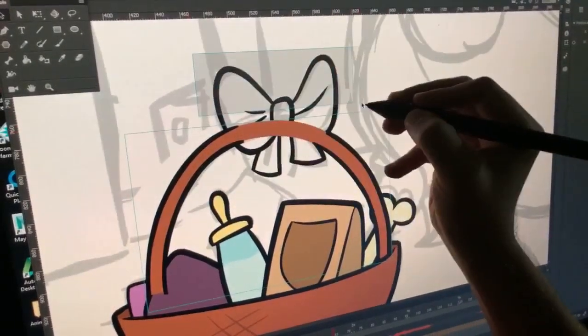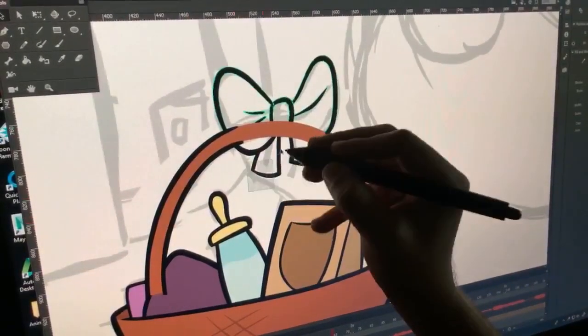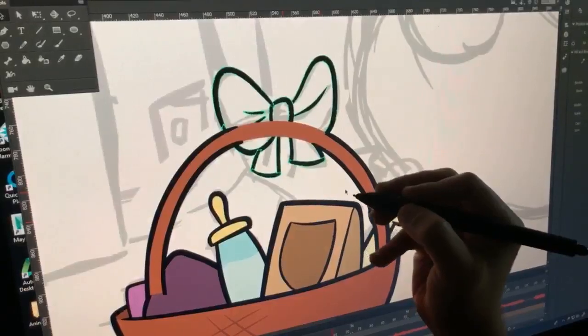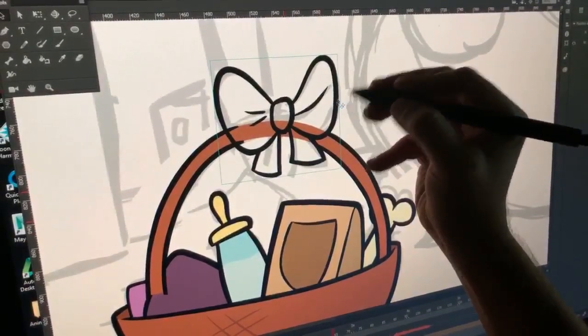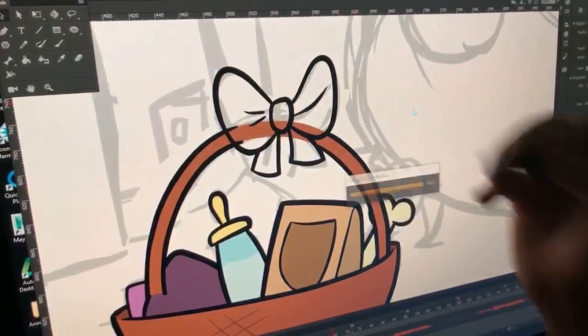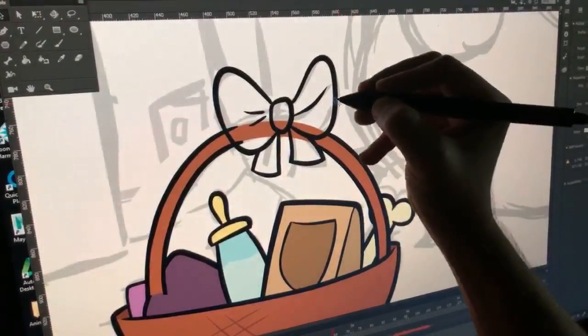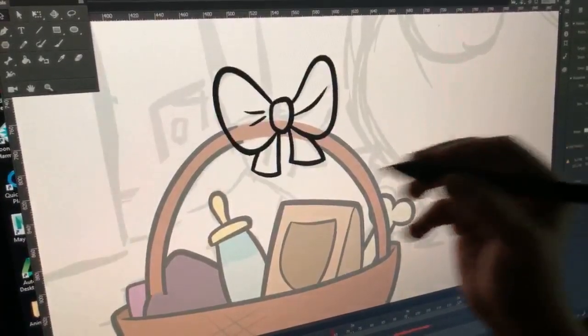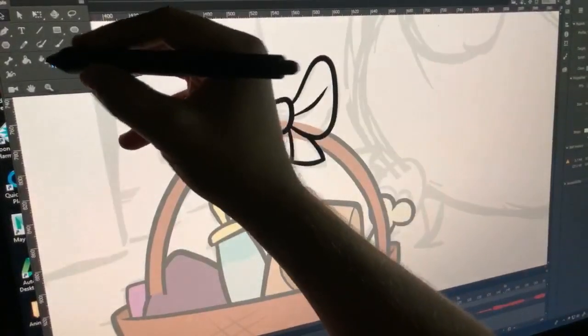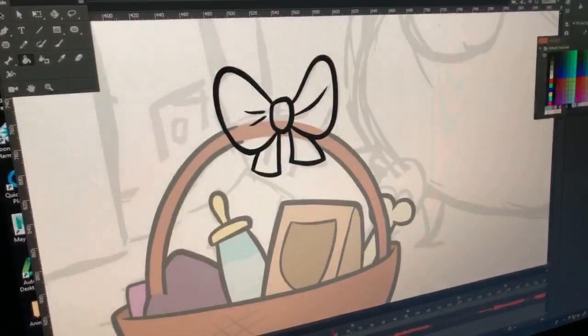And then time for the bow. What color do you guys want the bow? Green. All right, let's do green.